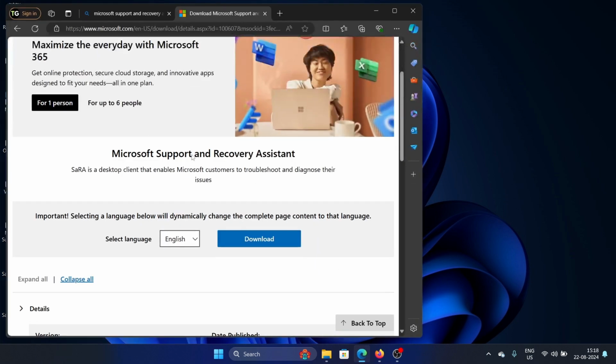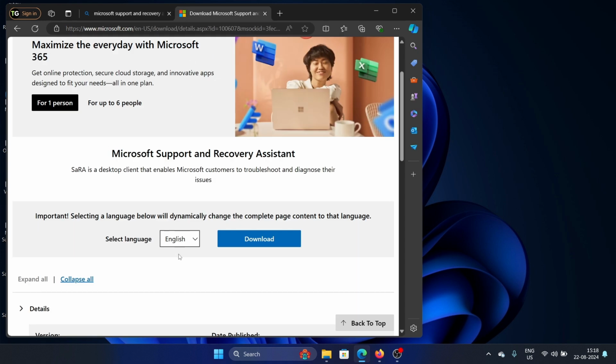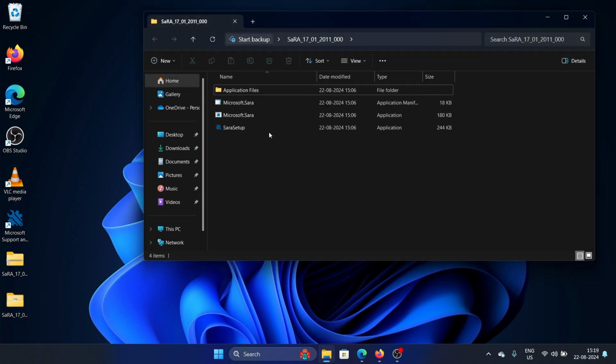So we look for Support and Recovery Assistant, we Google it, and we click download on this button, Microsoft Support and Recovery Assistant. Now that file will be downloaded as a zip file. You unzip it and you set it up. Once that is done,